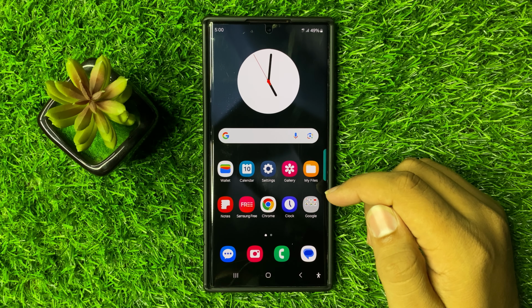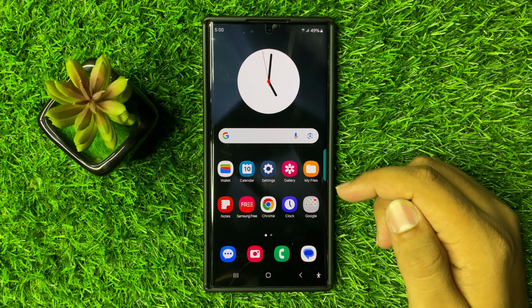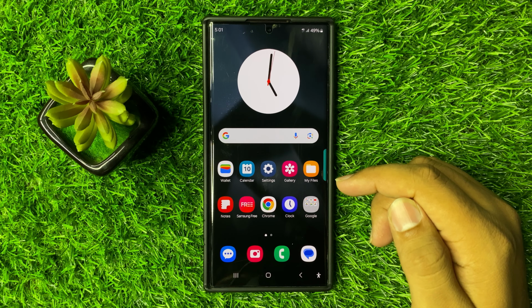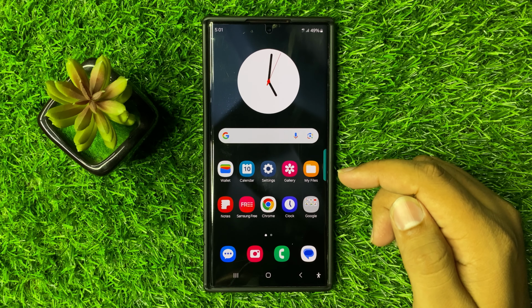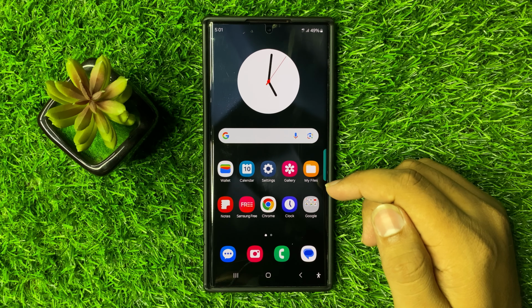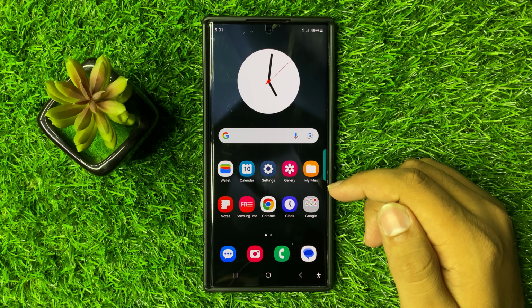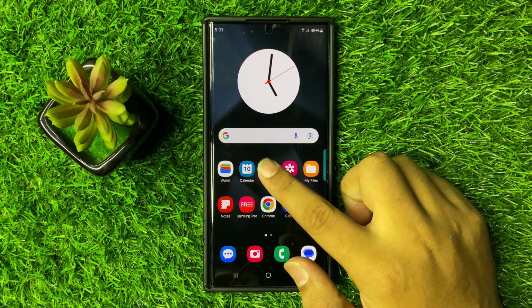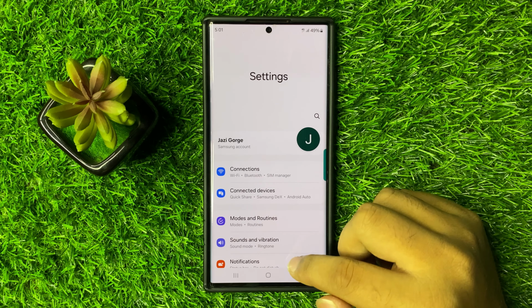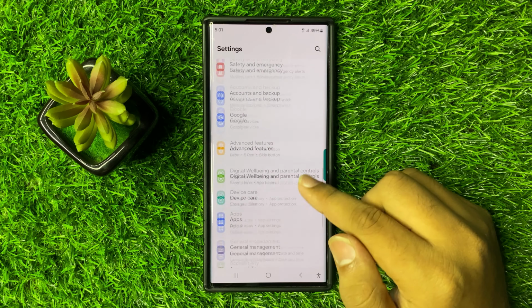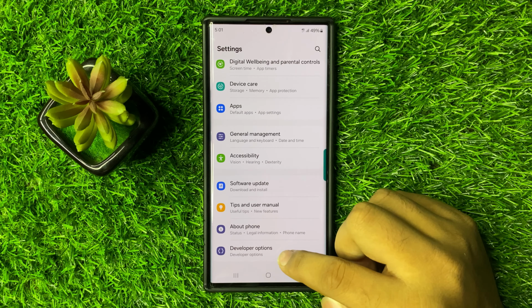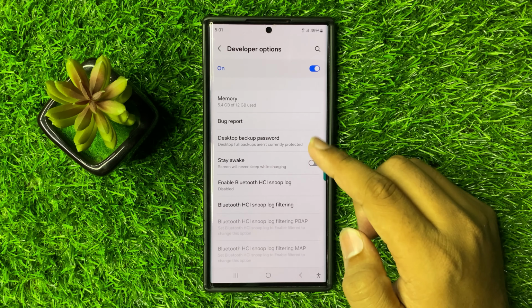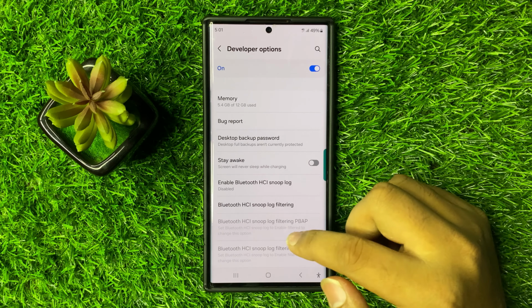In this video I will show you how to fix the Galaxy S25 Ultra that's not connecting to PC for media files. So first of all, open settings. Now in settings, scroll down and here click on developer options. Now in developer options, scroll down